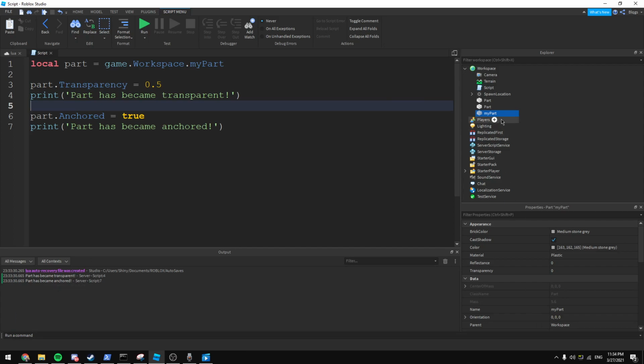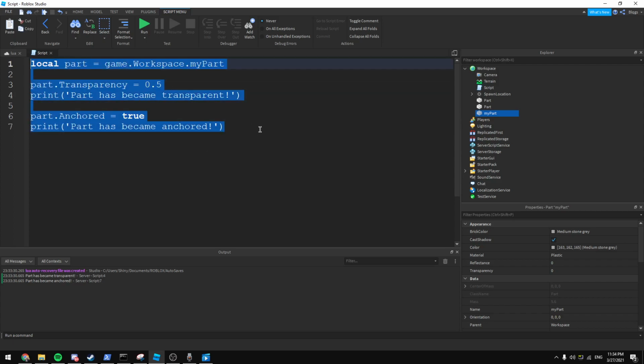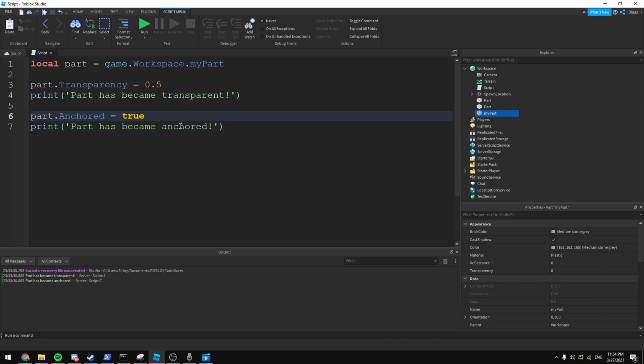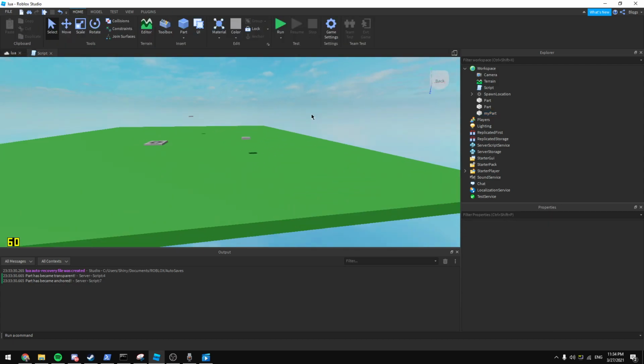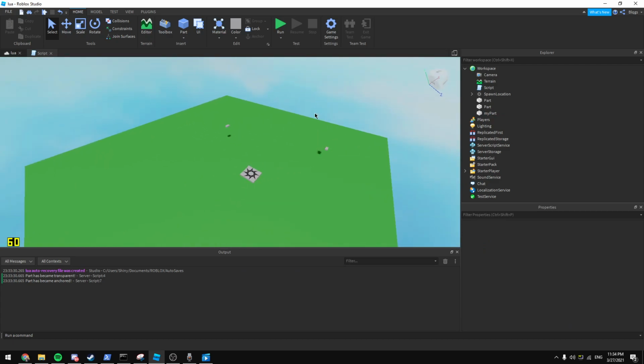So yeah, that's basically it for now. These are properties. You can have some bit of fun here, messing around with these. Yeah. Next tutorial, I will teach you